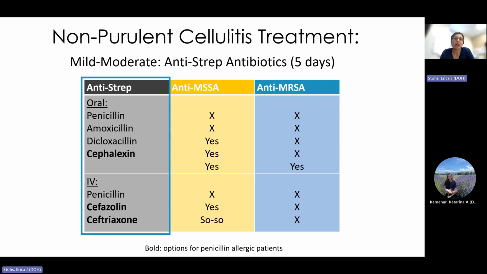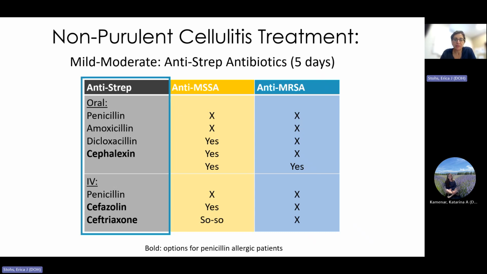So again, what are our anti-strep antibiotics? They're listed here. As I was saying, oral penicillins and IV penicillins work just fine. Cephalexin is a go-to because it's easily tolerated and easily dosed. If you're going the IV route, we have cefazolin. Ceftriaxone is a bit overkill, but it does have good strep coverage. Ceftriaxone is a third generation cephalosporin, so we're also getting a bunch of gram negatives, which are usually not necessary for cellulitis treatment.